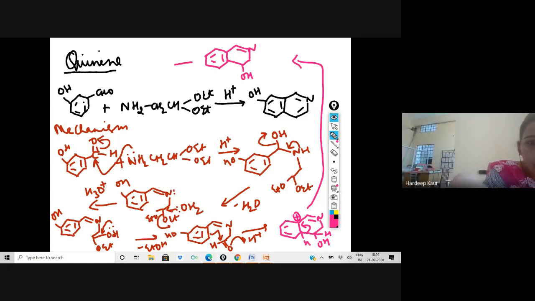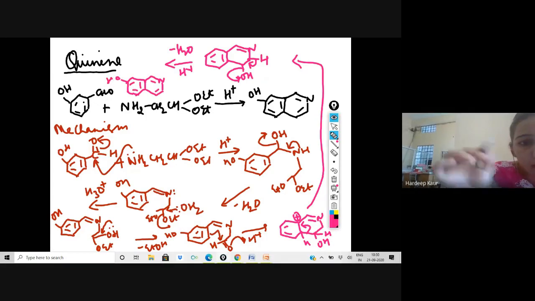So ultimately, from here also we remove water molecule. In the presence of acid, this goes. So we will be having quinoline nucleus here. Hydroxyquinoline is formed. Okay, so this is formed. Fine. So this is the mechanism for step 1